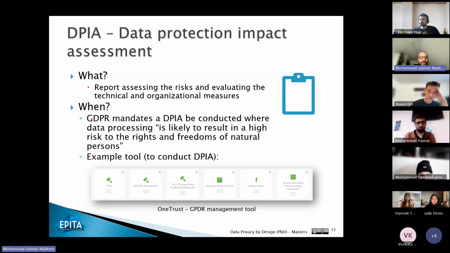So it was quite a long list of options, but the bottom line is it is a term you would be facing when dealing with GDPR. In fact, you might be required to conduct a DPIA. It is a good practice, by the way, to assess the risk and evaluate the technical or organizational measures anyway,